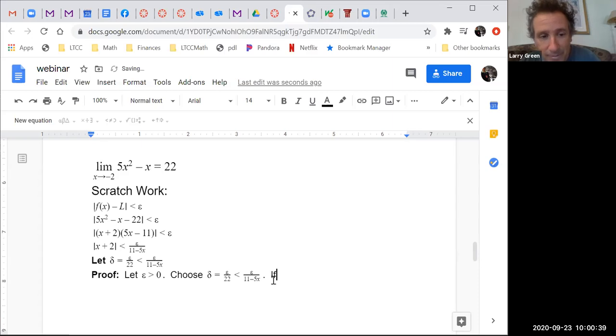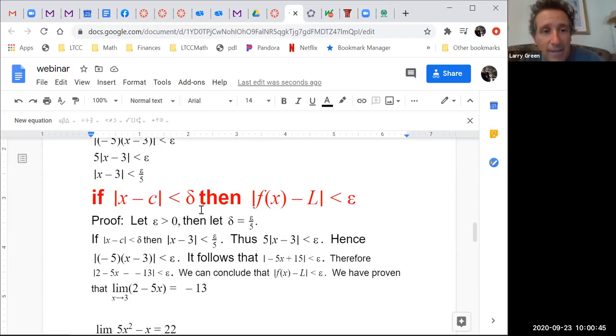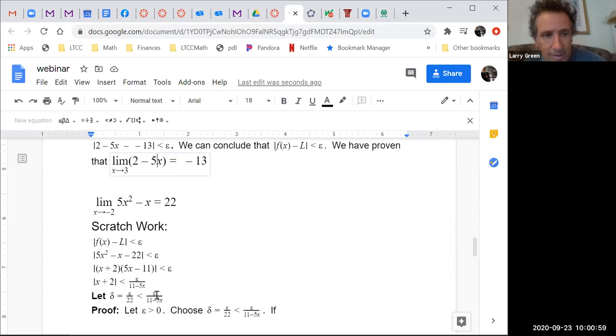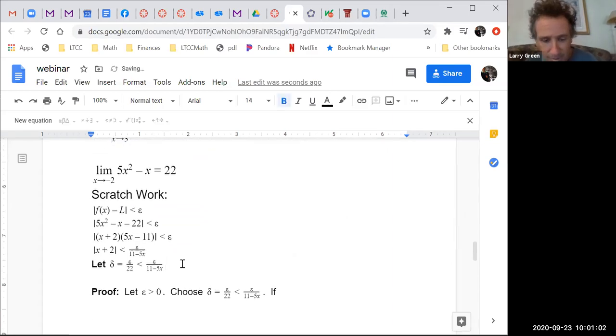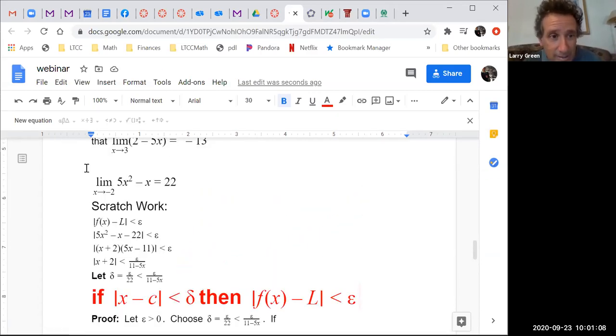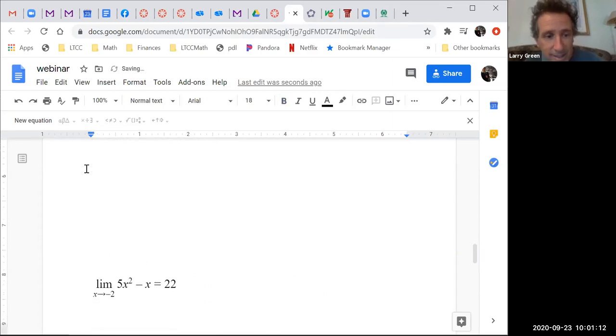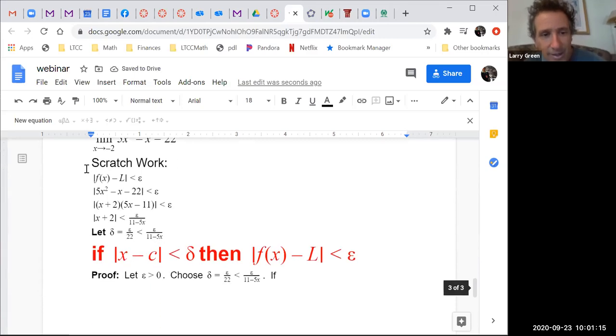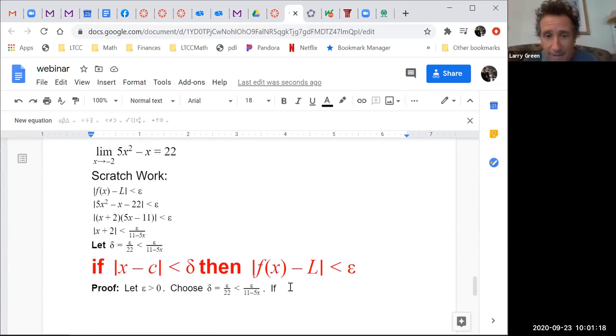So if, and now we write down always the beginning. In fact, let me copy and paste our goal again. So there's our goal. And actually, let's do a bunch of spaces so I don't change pages. There we go. So then if the absolute value of x minus c is less than delta,